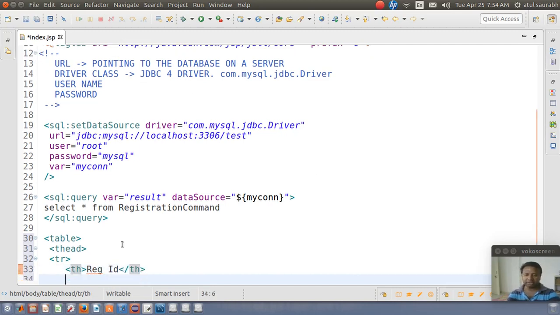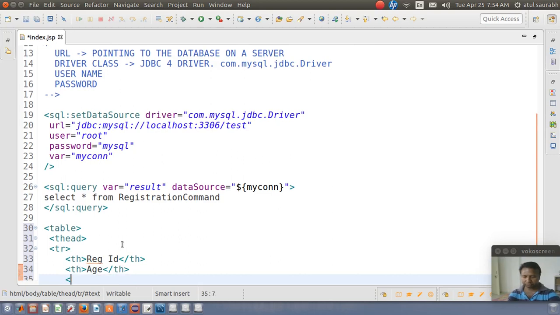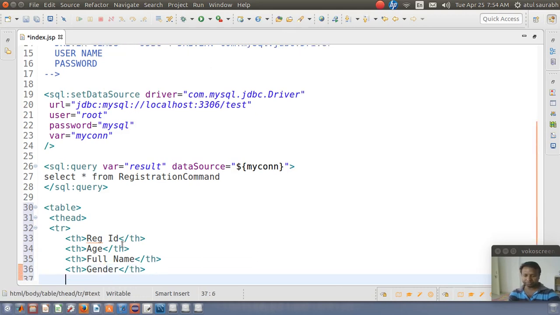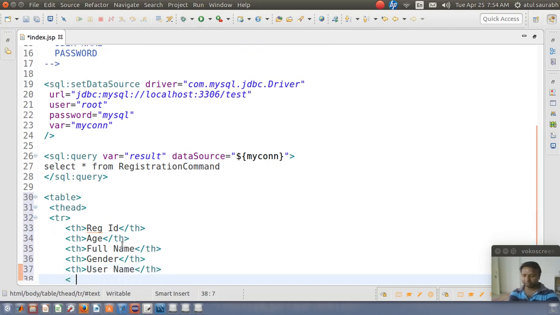That is the registration ID, age, full name, gender, username, and password.